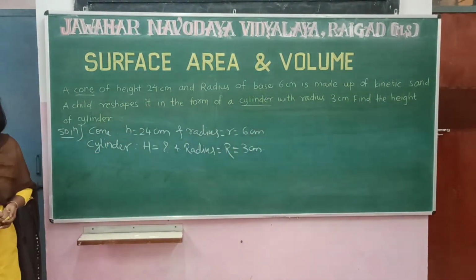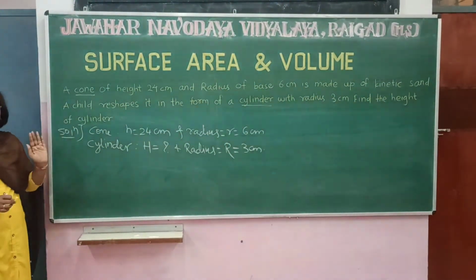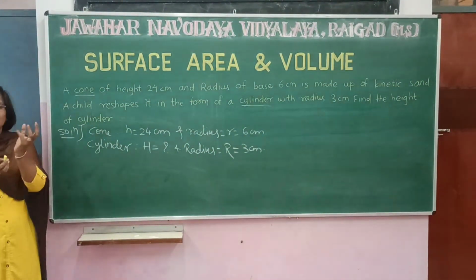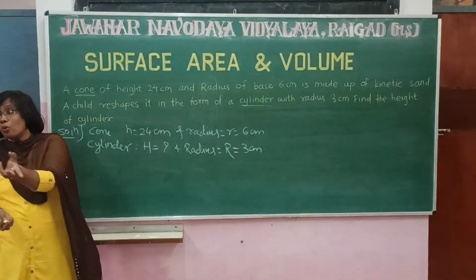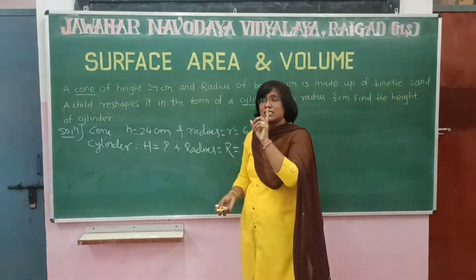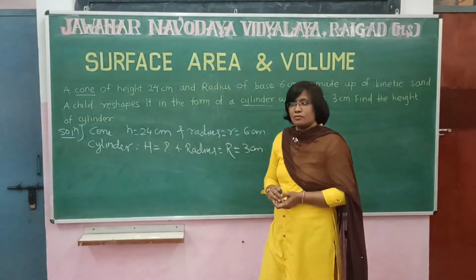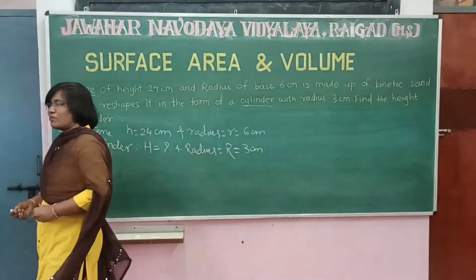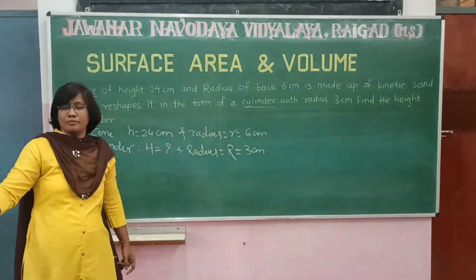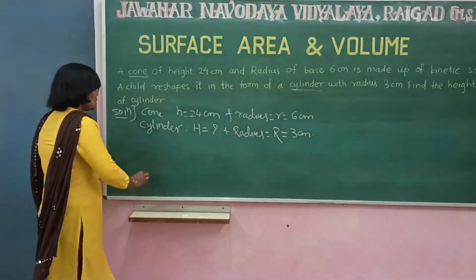Now we have to use our thinking ability and solve the sum. As Rishikesh has already told, in this case, when we are changing the solid from one shape to another shape, the volume will be the same. Which two volumes are the same here in this case? One student, say it loudly, Megan. Volume of cone is equal to the volume of cylinder. Fantastic. Thank you so much. So here let me write it.